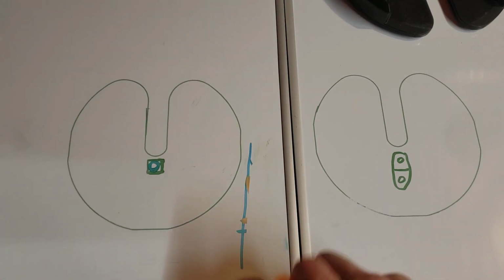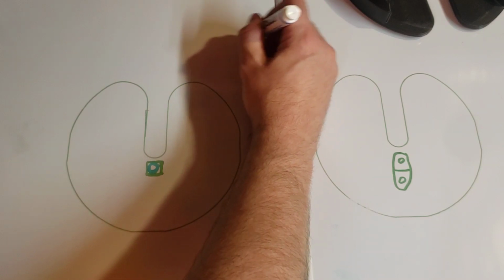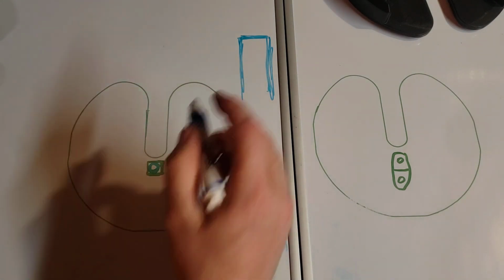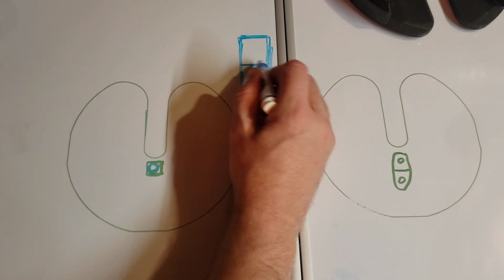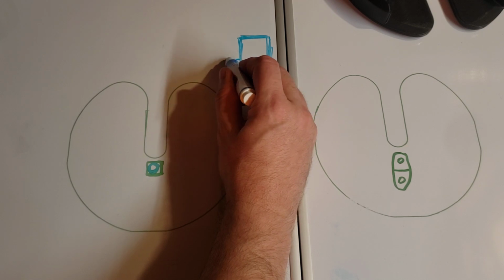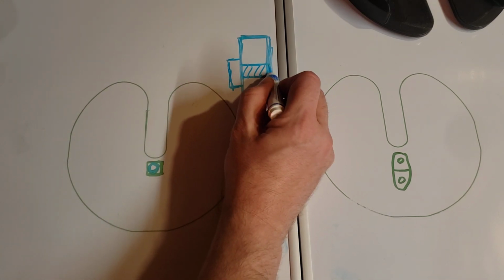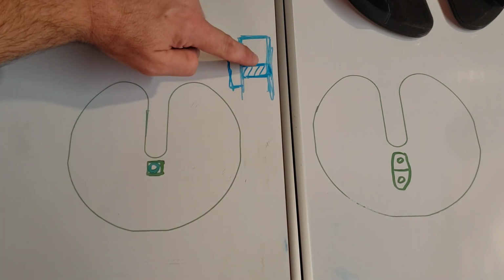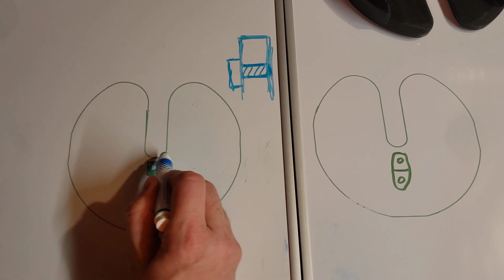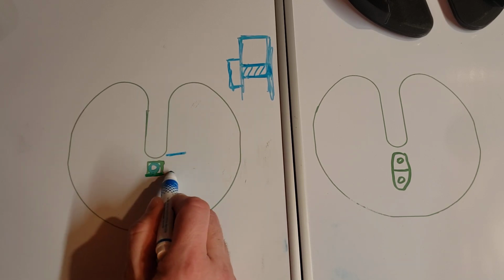Hopefully that makes sense. So let me show you here visually. Here's the thickness of your plate. You want to drill through and tap so that the bolt is flush on one side and the end of the bolt is flush on the other side, not protruding. Okay? And one more thing, the distance from here, the bottom of this curve, to here is